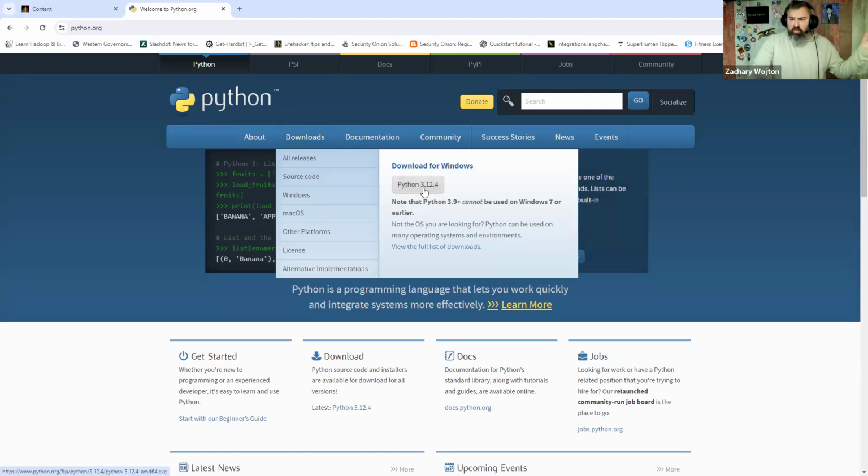Download for Windows, 3.12.4 is the newest one. Rock and roll. If you're a Mac person, you can afford to buy the gold standard. No, I'm just kidding. There's no price on it. It's open source. If you have a Mac or Linux, chances are it's already there. Just go into your shell or command prompt